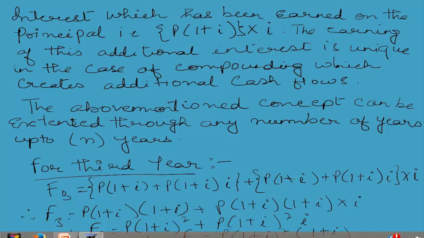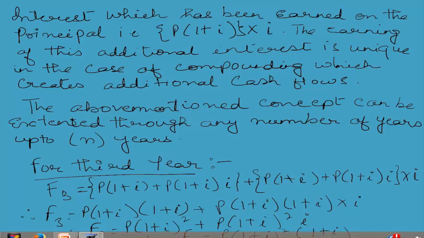Once again, students, P(1+I) taken common, we are left with 1 plus I multiplied by the I which is outside the bracket, and this I outside the bracket shows the interest earned on the new principal for the entire stretch of the third year. So P(1+I) taken common, we're left with 1 plus I multiplied by I. Again at the end of the third year, on further simplification, P(1+I)